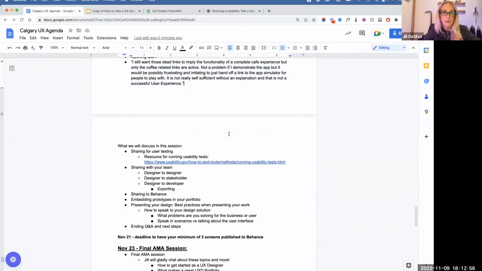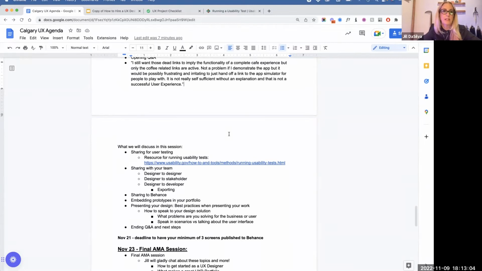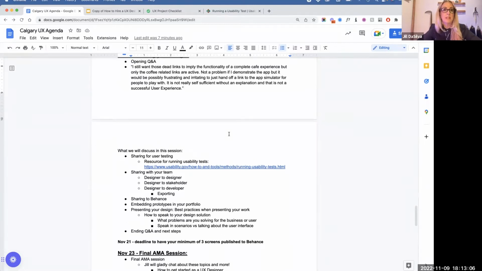So if you want to make your prototype and voiceover accessible, I think you might have to pay to get the transcript part, but it does a pretty darn good job of transcribing what you say. And I think it can even remove the ums out of there, which I say a lot. Okay, so